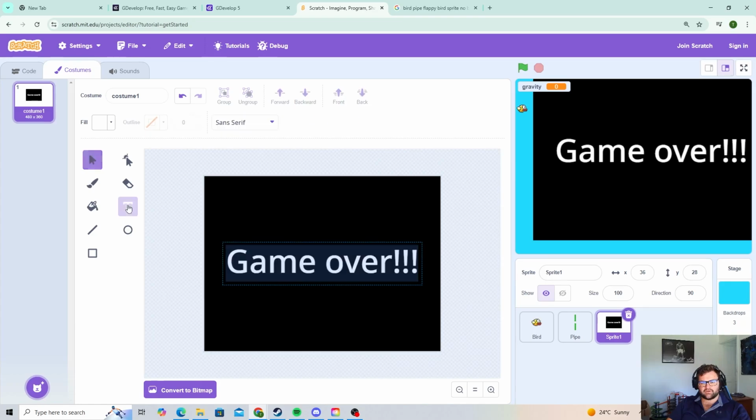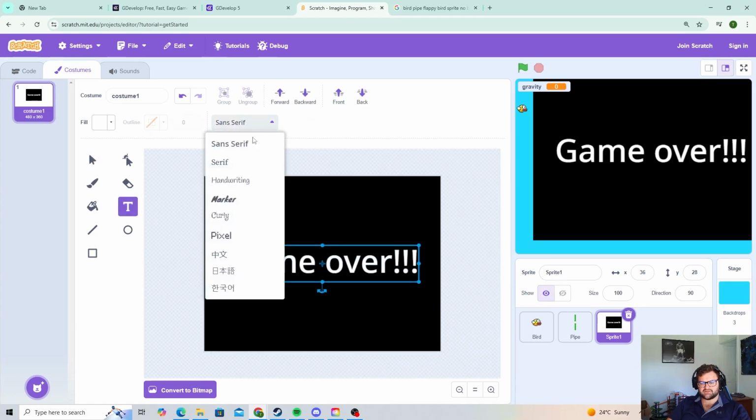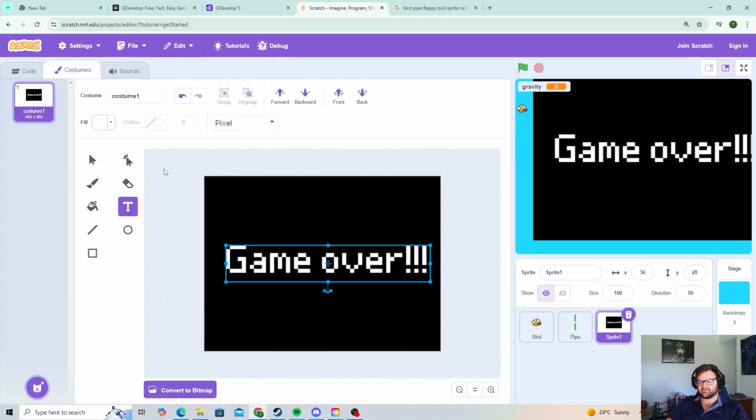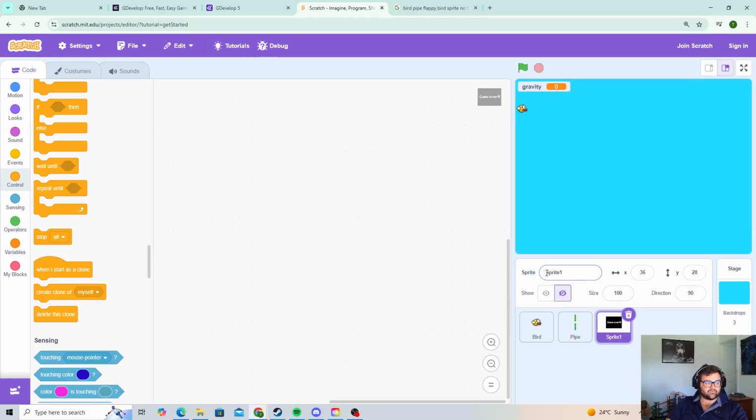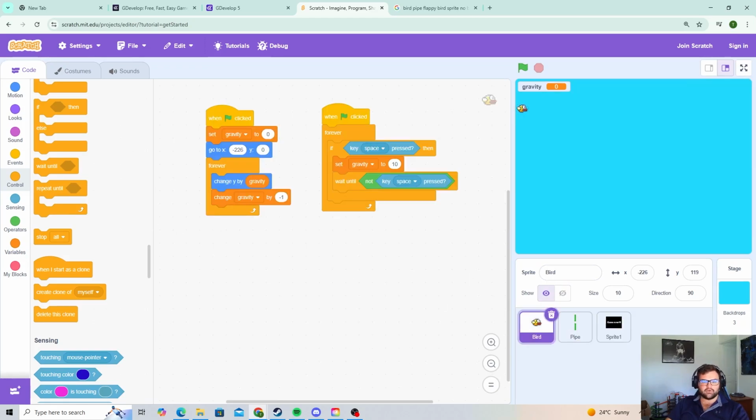If we then go to text, we can change our text to say pixel. It's a pixel game. Alright, and then I'm pretty happy with that. Okay, cool. And now let's go back to our code. Alright, and we're actually probably going to start with, let's quickly hide you because we don't want to see it all the time, obviously. Now, if we go back to our bird, then we need to make a new variable,